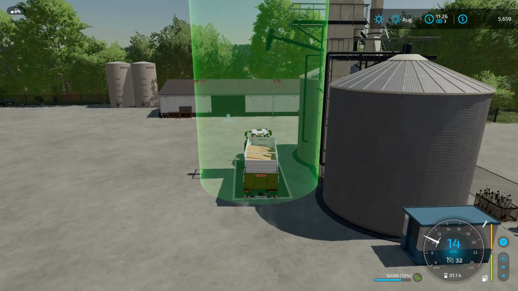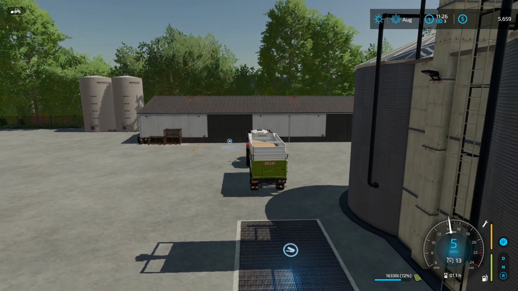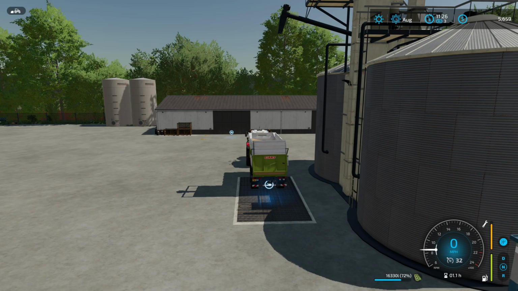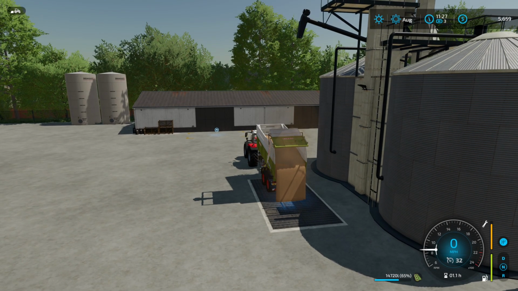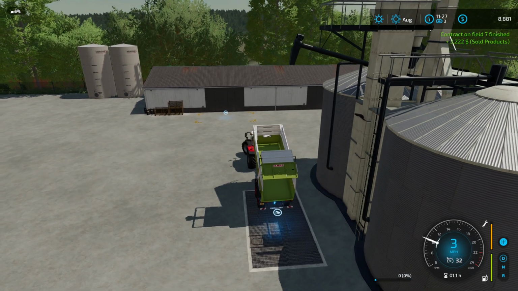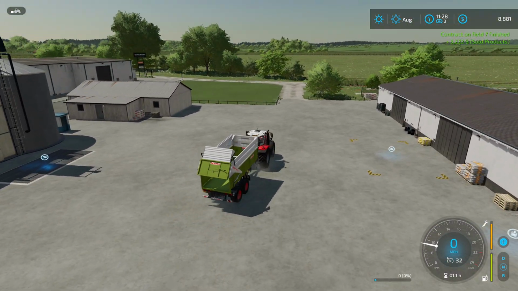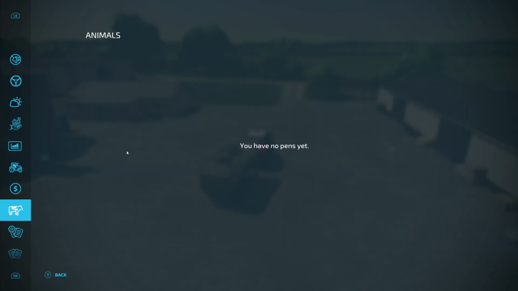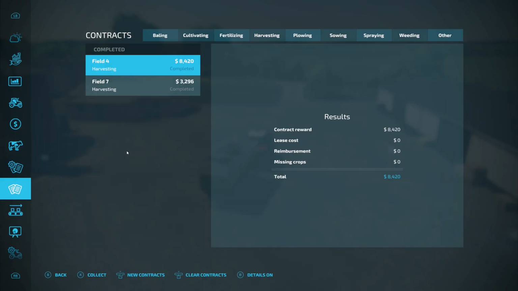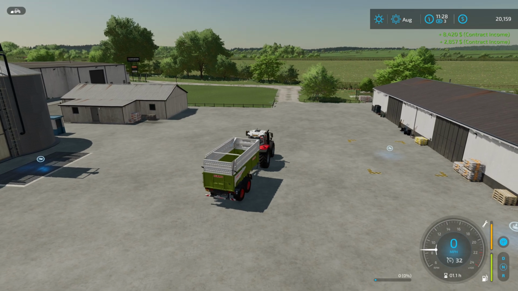All right, let's see what we can make here. It went away. Good. What do we got here? We made $3,200 on the soybeans. That could have been worse. So let's go ahead and collect on our contracts. Oh, good Lord. Okay, so we're going to collect. And now we have